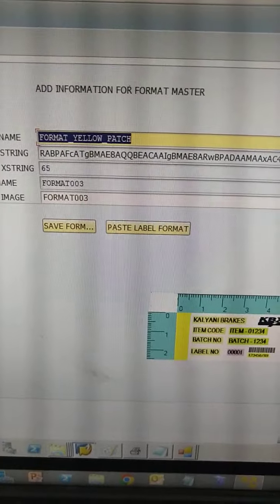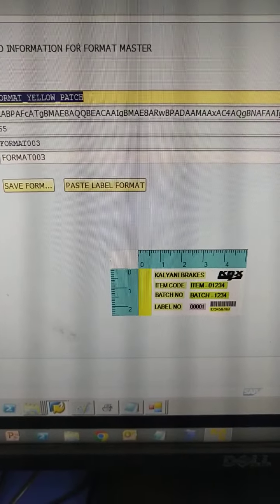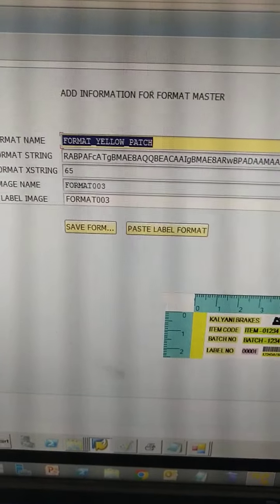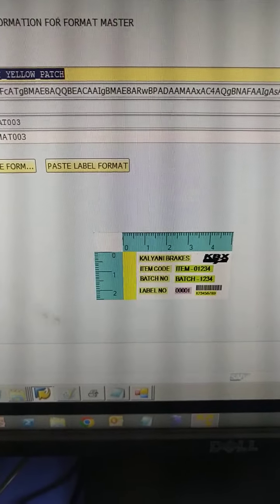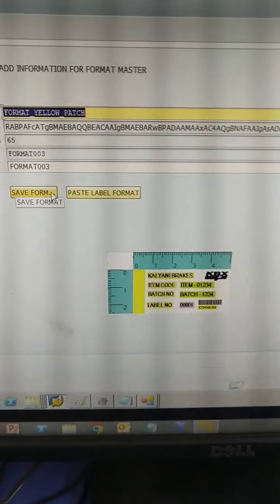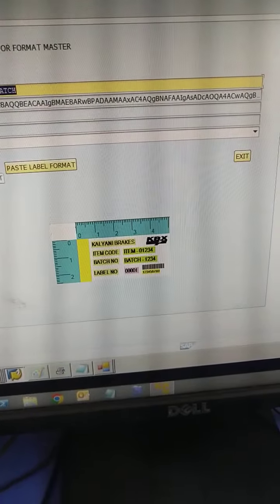So now we have given a name, assigned a label format, and our encrypted label format we have also entered, assigned a logo or image to it. Then we will click on this save format button.